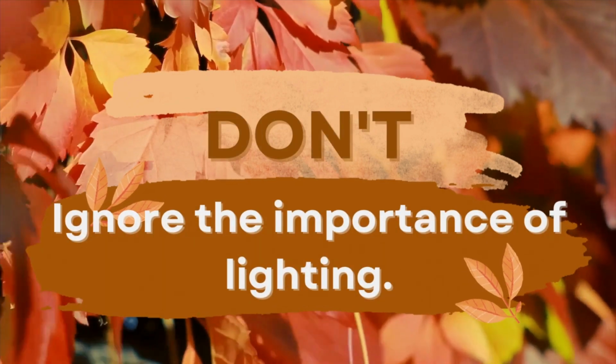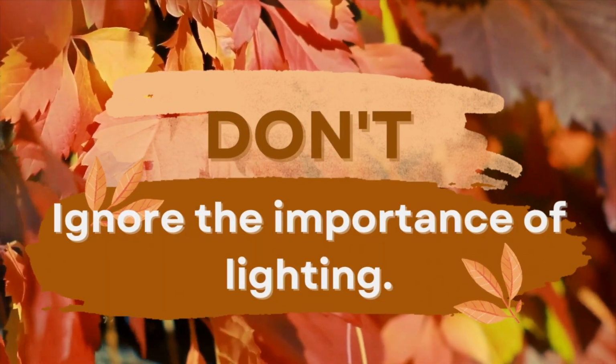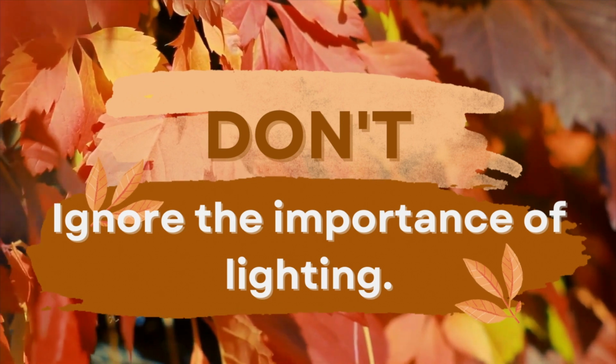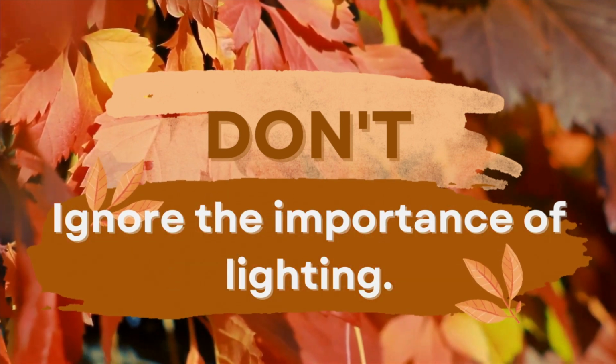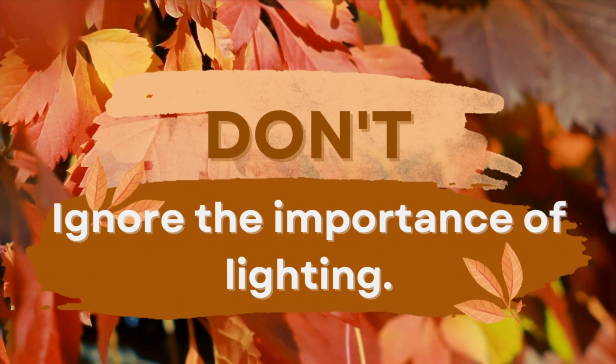Don't ignore the importance of lighting. With shorter days in the fall, it's important to ensure that your home is well lit. Open curtains and blinds to let in the natural light during showings, and consider adding extra lighting fixtures to brighten